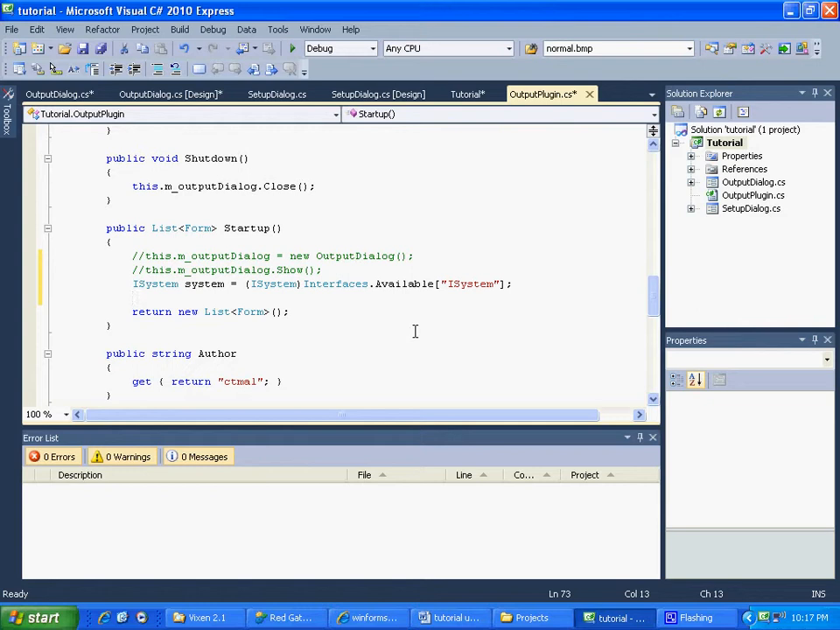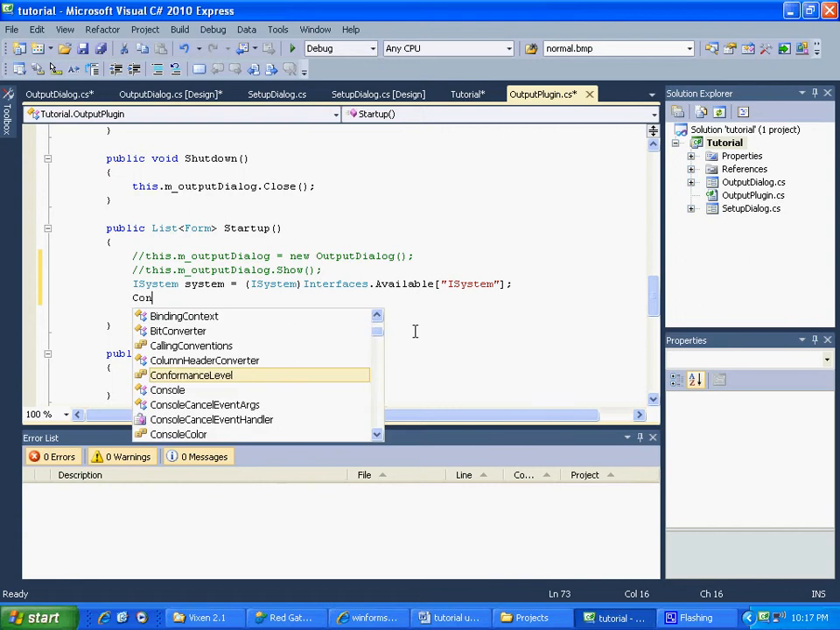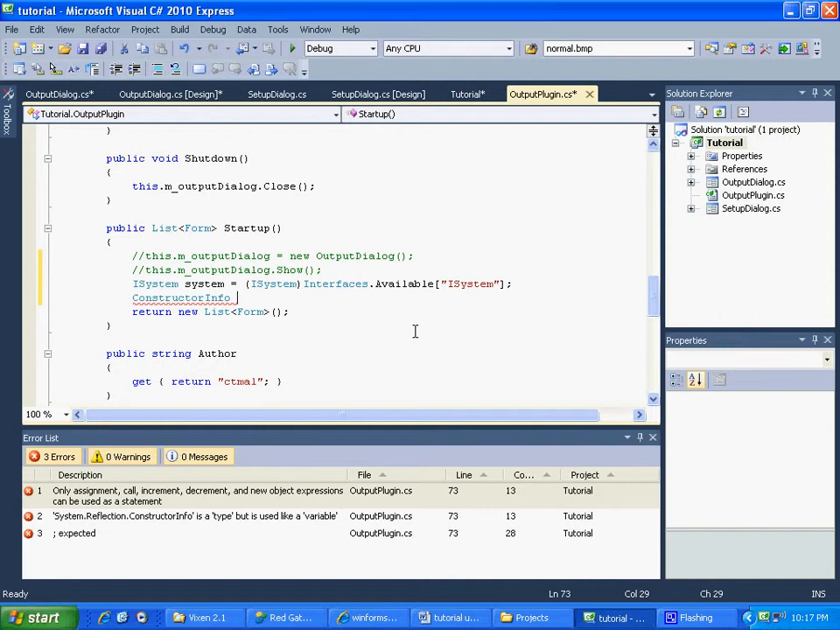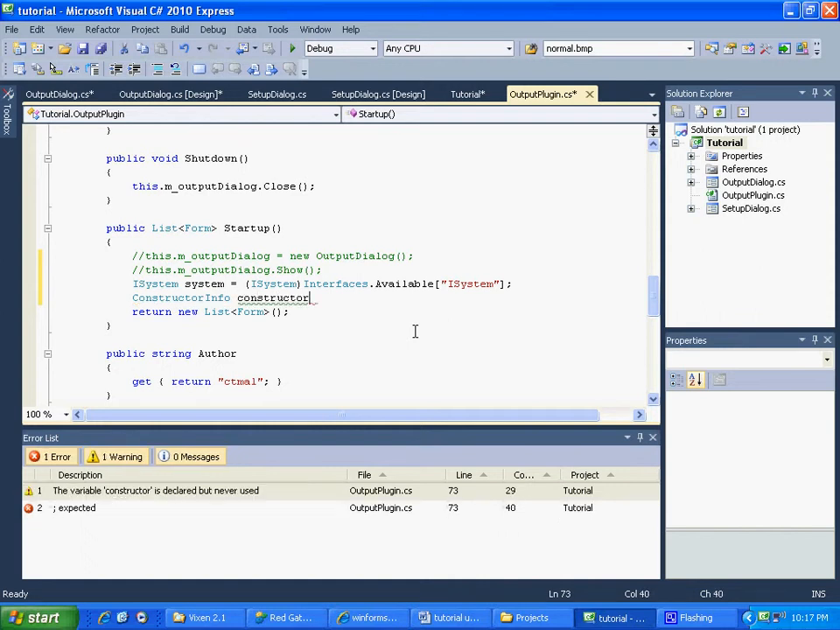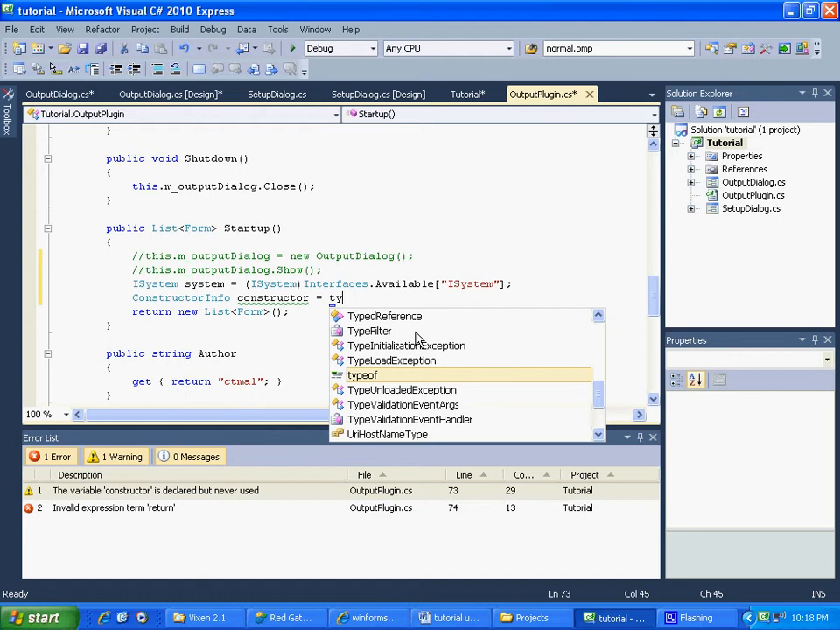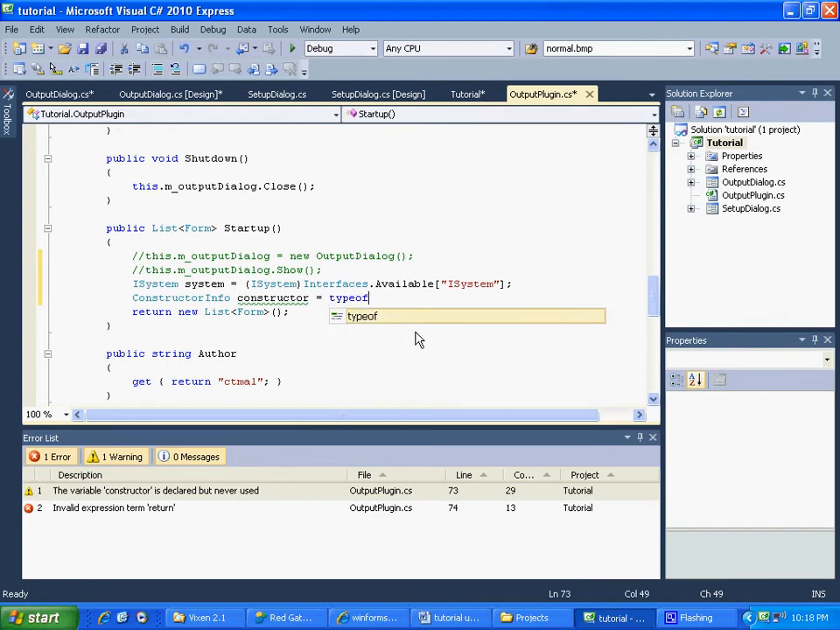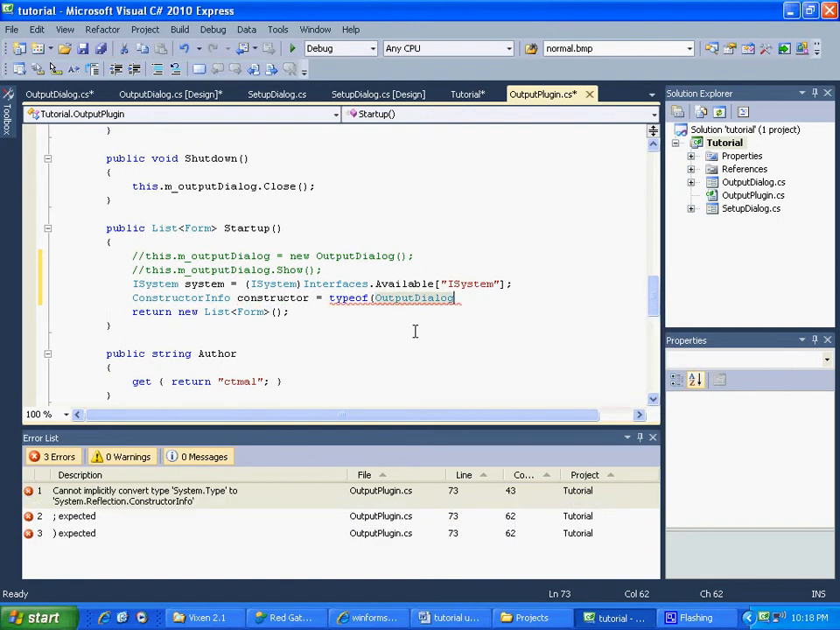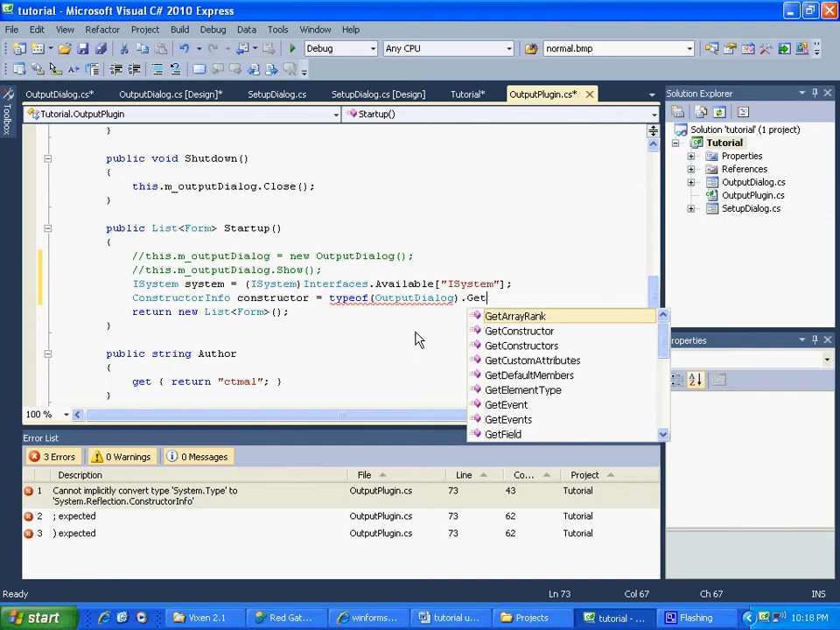So basically, let's get our information on our constructor. What we have to do is make a constructor info object. ConstructorInfo is part of the reflection item that we used. Let's call it constructor. And we're going to say this constructor is of the type input dialog. That is our form type. And we're going to tell it to get the constructor